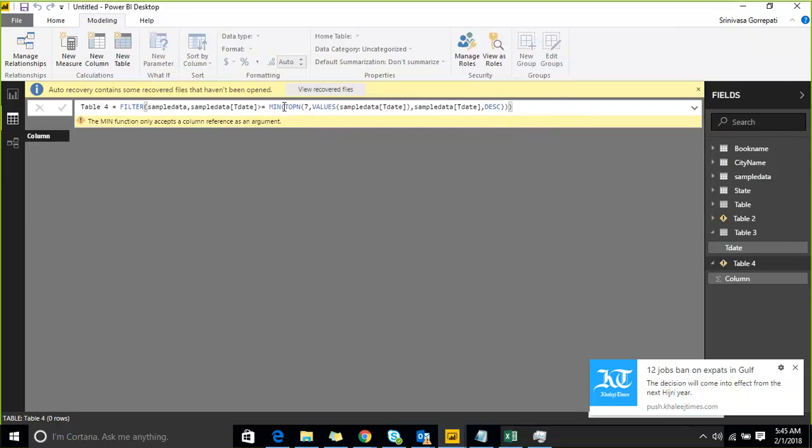So here the issue is the values return type is a table. Okay, we require a column. We require a column. Its return type is table. So